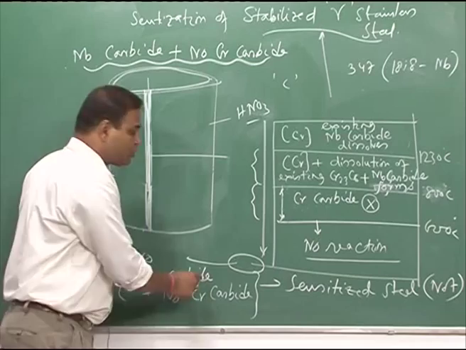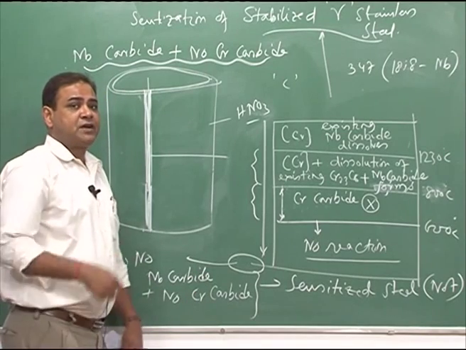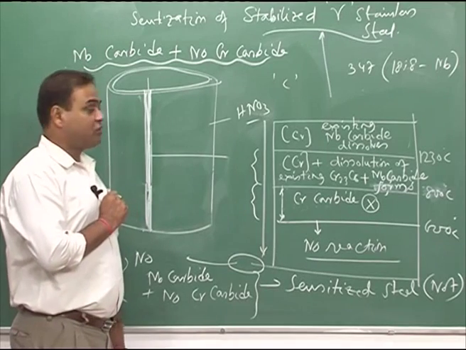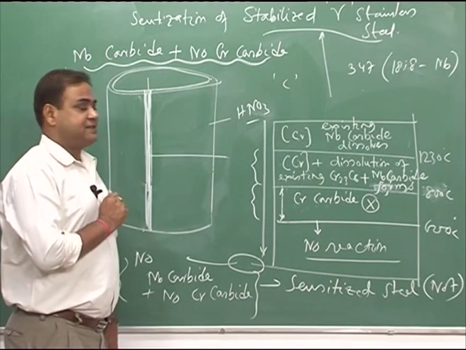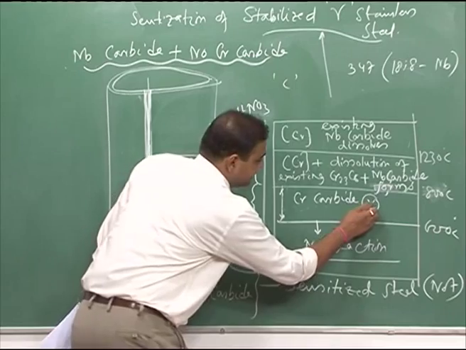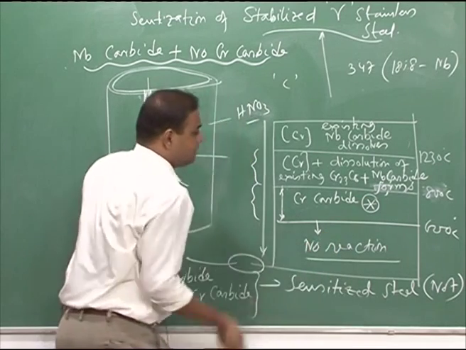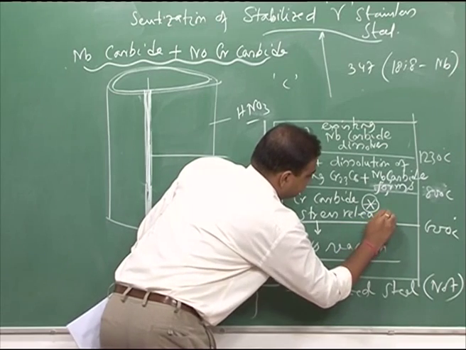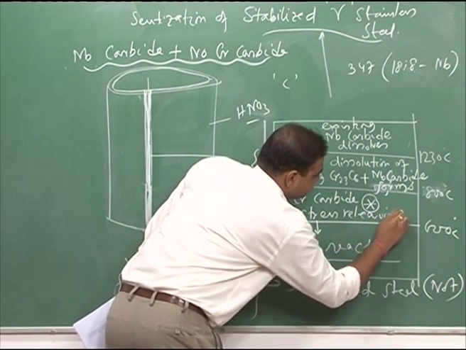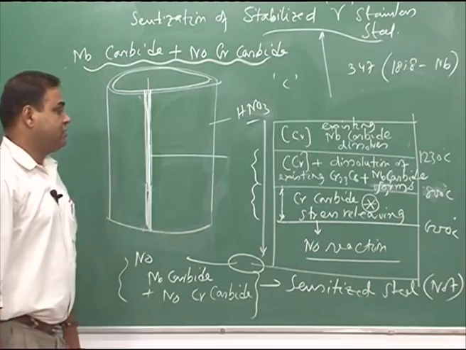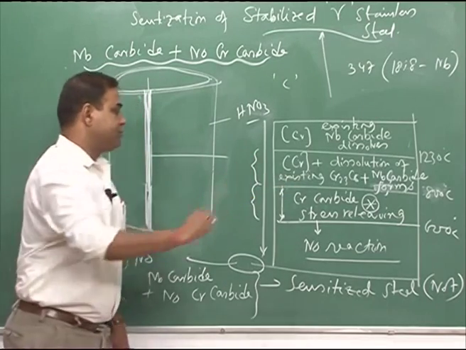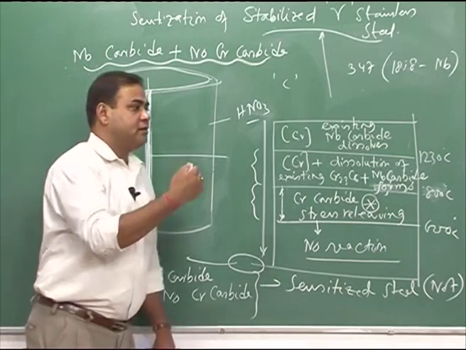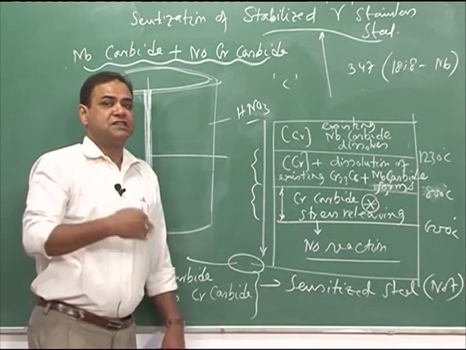And the chromium carbide always will form along the grain boundary, so the material would become sensitized. So, once we take it to this level for stress relieving operation, we will come across chromium carbide precipitation along the grain boundary, and the steel would become sensitized,